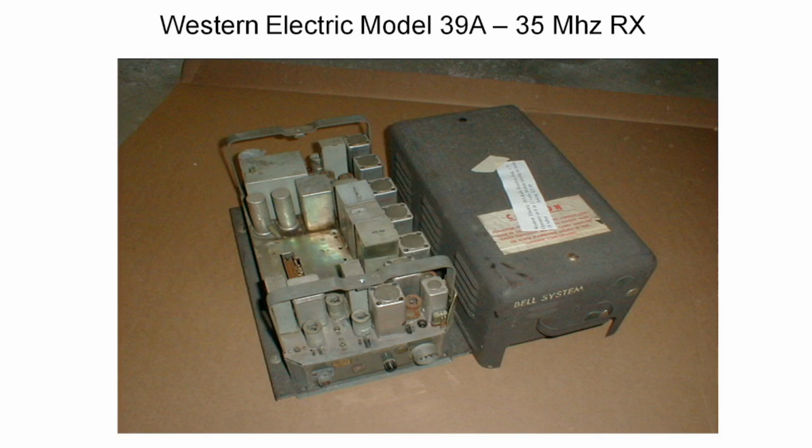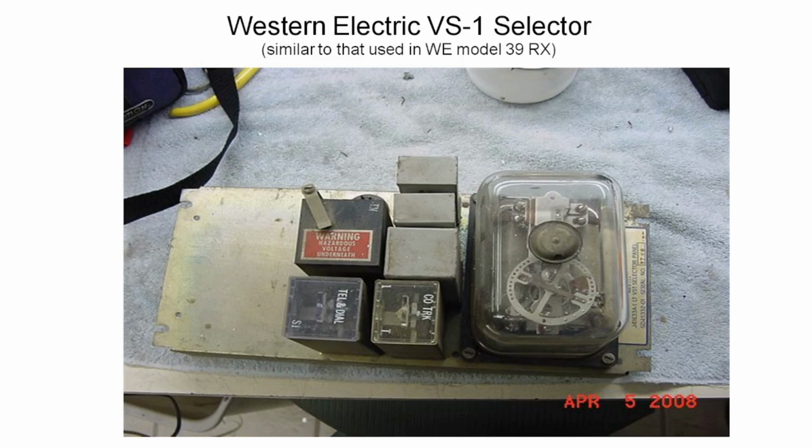Those are big multi-contact telephone type relays, again, probably used in the selective calling system. This is a similar Western Electric selector. The selective calling selector was a mechanical rotary stepping switch type of thing that had been used by the railroads and the telegraph companies from before 1900.